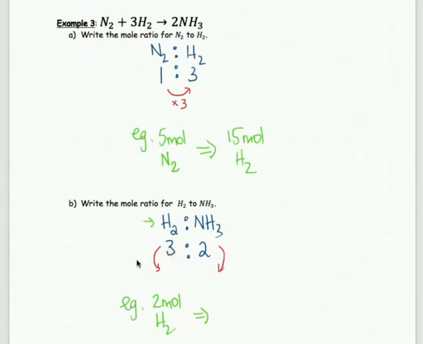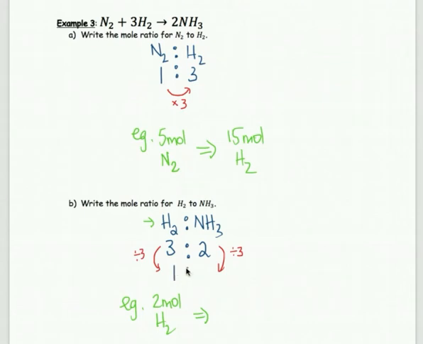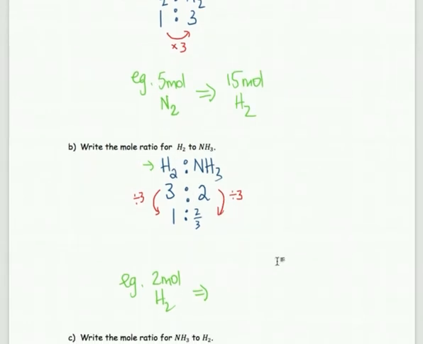Well, to get 3 to 1, I need to divide by 3. And if I do that, I have to divide the other side by 3. So when I do that, I get 1 to a 2 over 3 ratio, like that. Now that you see that it's a 1 to 2 over 3 ratio, you hopefully can see